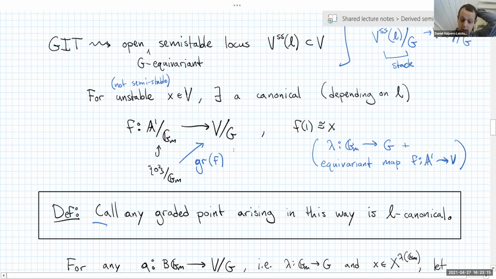Right. So anyway, this is a graded point. It's this map from BGM, from point mod GM to V mod G, which is really just up to some natural equivalence. It's a point in V. It's a co-character of G, and then a point that's fixed by that co-character. And I'll call such graded points that arise as the associated graded of a Harder-Narasimhan filtration